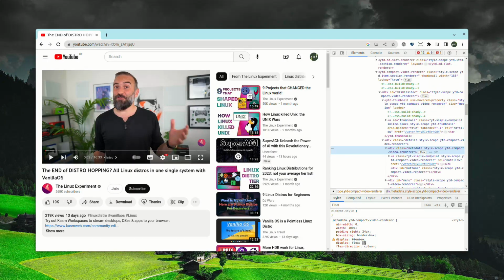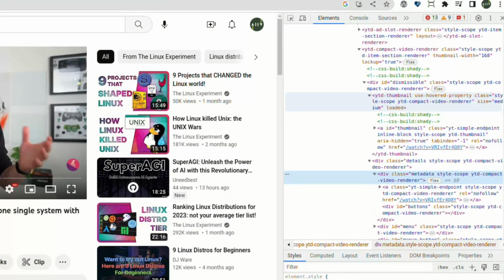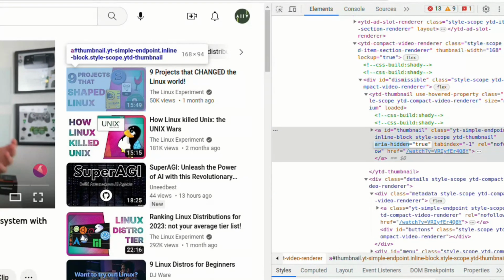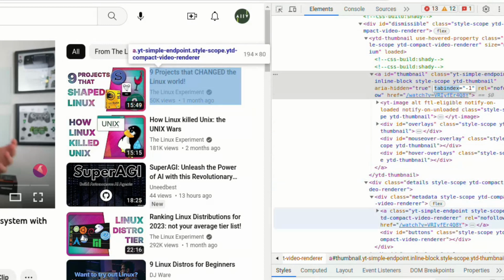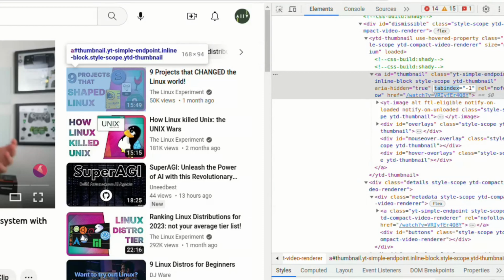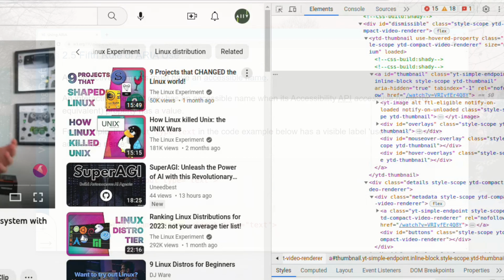Here on YouTube you can see an example of using ARIA hidden on an anchor tag in the suggestions next to the current video. This makes the links around the thumbnail only usable by people using a mouse or touch device. Users of keyboards or screen readers can still view a suggested video by using the link around the video's title. An alternative to this approach would have been to have just one link around the title text and expand its hitbox to encompass the entire suggested video card. More on this in another video.